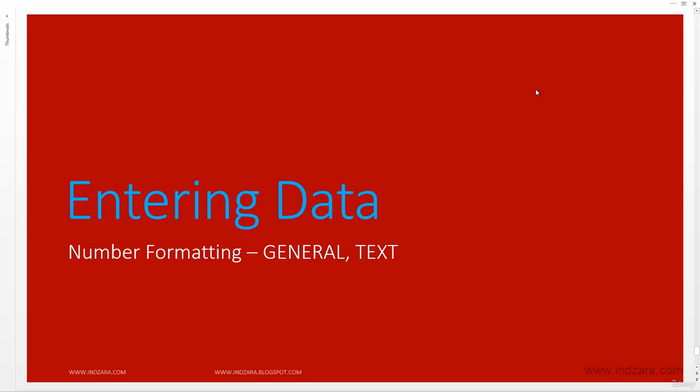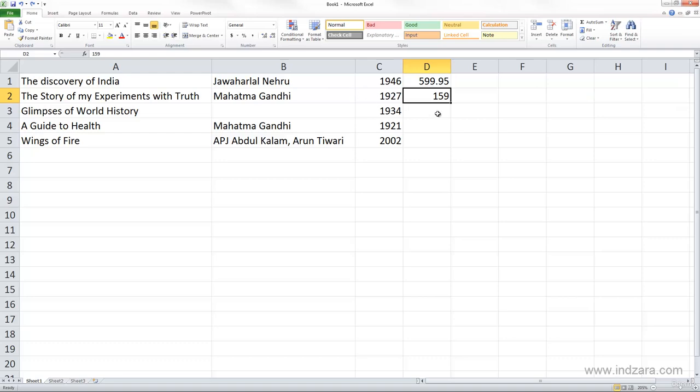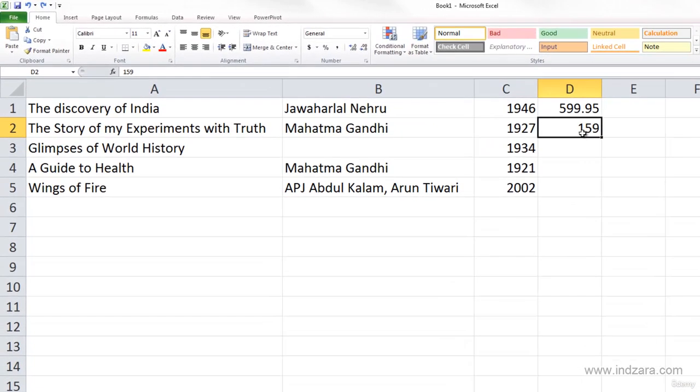In this video, we will learn about two of the number formatting options, specifically the general number format and the text number format. When we type information in cells in a worksheet, Excel tries to understand what type of data it is and it